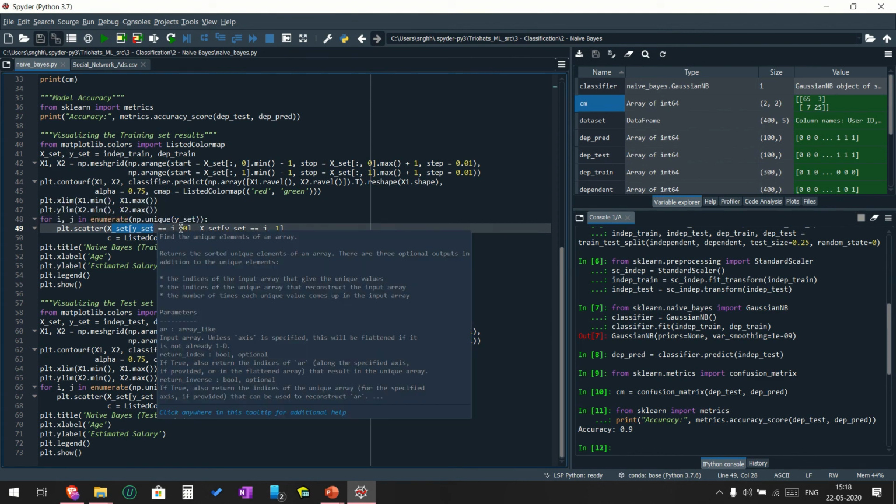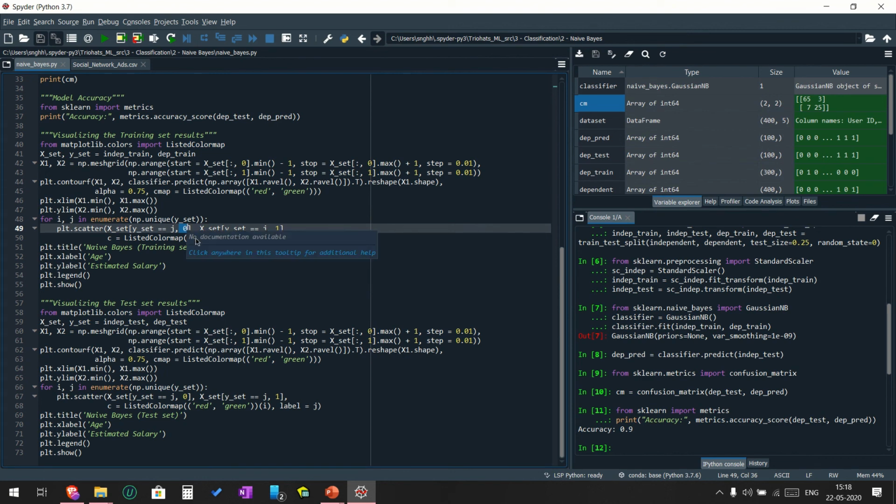This represents the first column, that is the age column, and yset is the dependent train. Initially j would be 0, so yset would be the dependent train first column, and the y-axis is the same using the xset, with the second column of the xset, and we'll print the scatter plot.